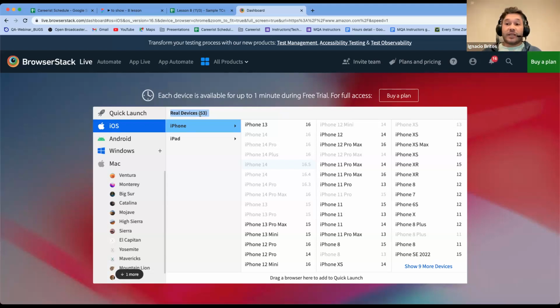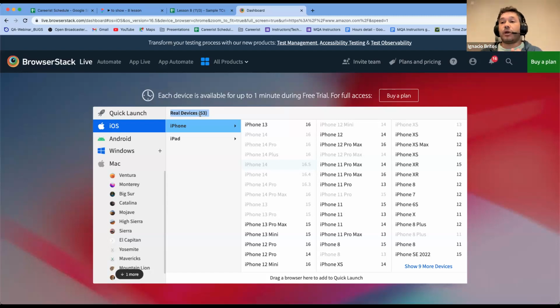An application wouldn't run with the same speed on an iPhone as on an Android device. It could work faster on one device than on others. So in order to execute performance tests, using real devices is essential, because in that way you will be able to check if the app